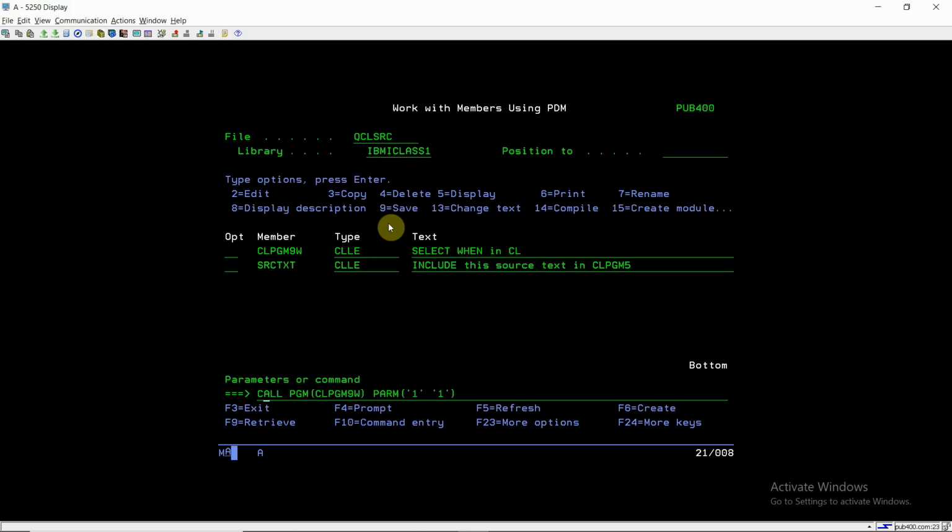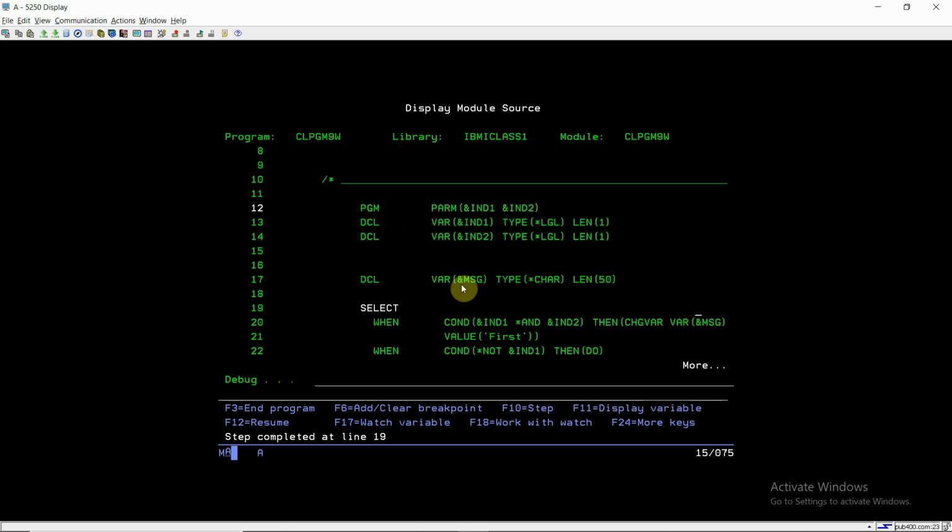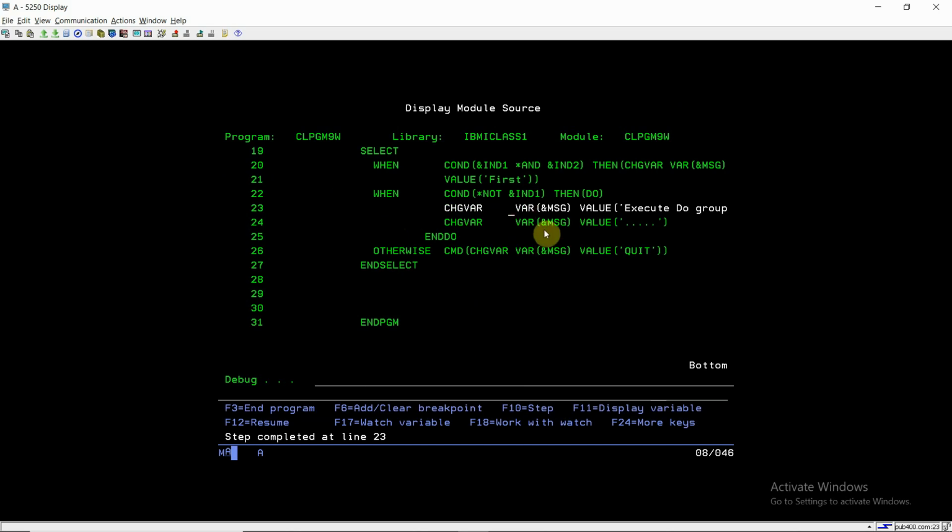Now if we pass 0 and 1, this condition fails, so now the message is nothing. That's correct. If not indicator 1, meaning this value is 0, which is correct, then this section will get executed.